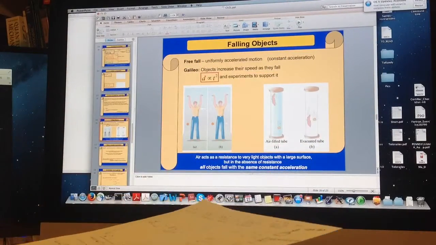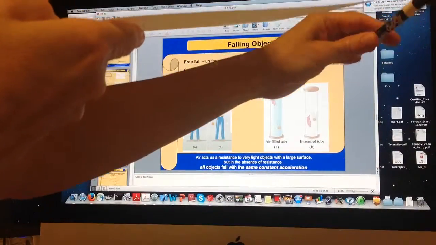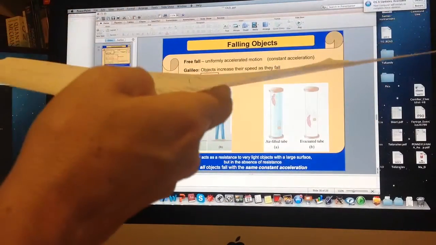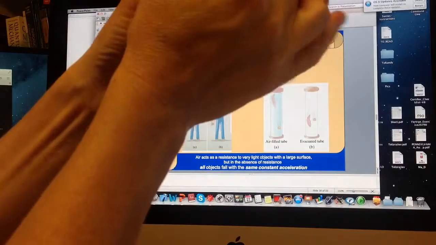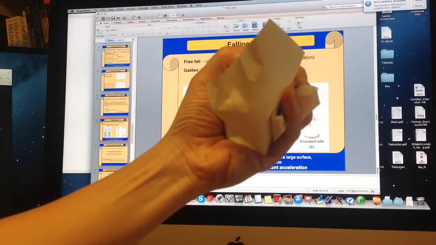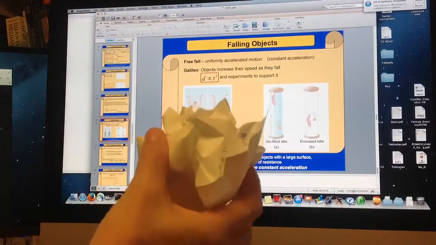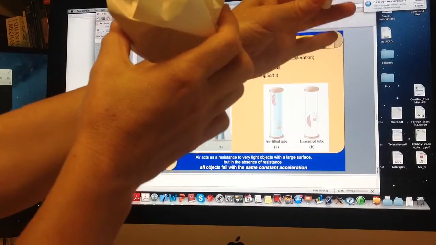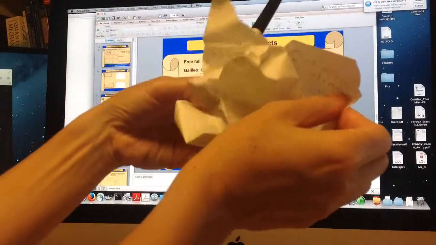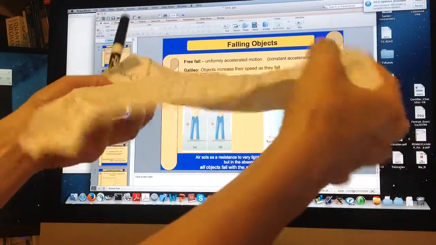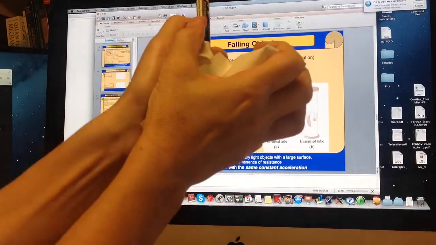But let's think a little bit. Why is it reaching the floor first? Does it have anything to do with its mass or not? Well, if you repeat the same experiment with this wadded up piece of paper, it's the same piece of paper, but if you repeat the experiment, you will see both reaching the floor approximately at the same time. So what has changed? This piece of paper is still the same, but here it was open, flat, and in the second case it was all wadded up.